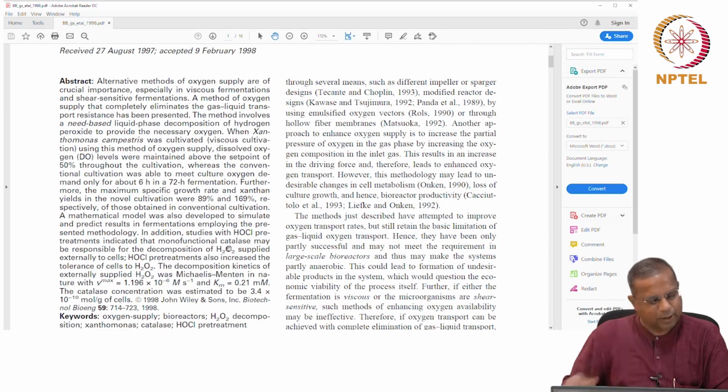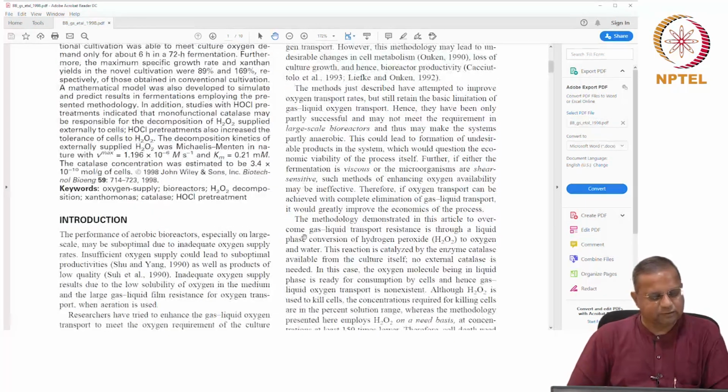Okay, I'll probably read some parts of the introduction to present the base, and then we'll talk about what we did. The performance of aerobic bioreactors, especially on large scale, may be suboptimal due to inadequate oxygen supply rates. Insufficient oxygen supply could lead to suboptimal productivities as well as products of low quality. All these are well known. Inadequate oxygen supply